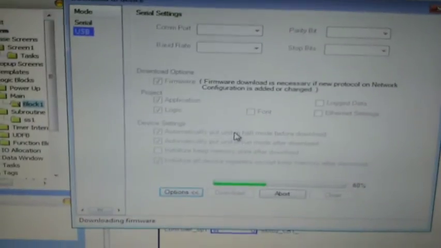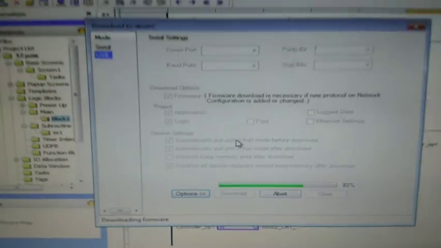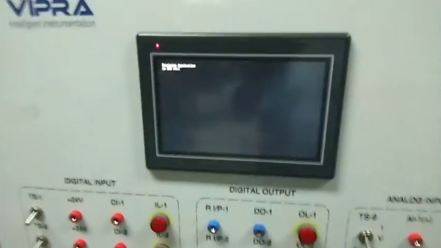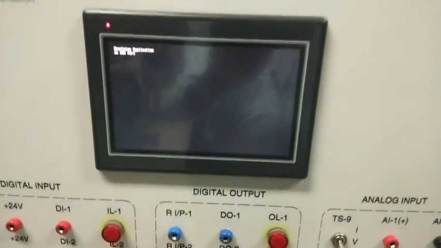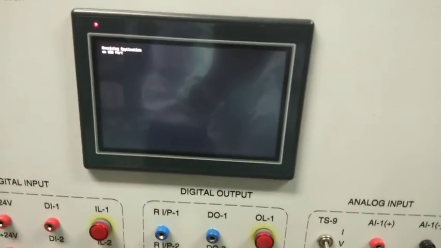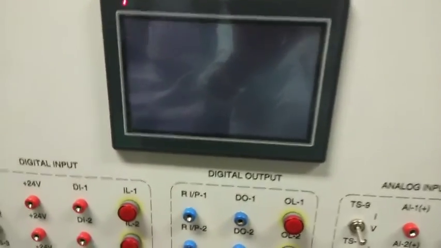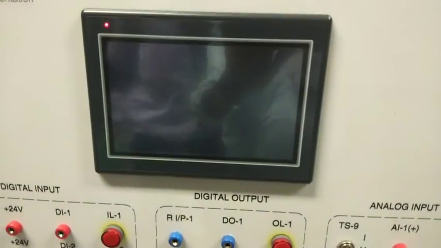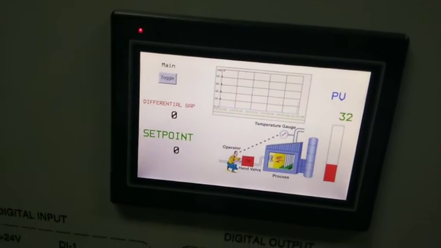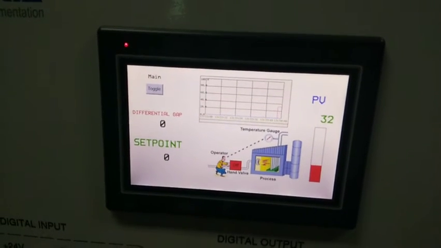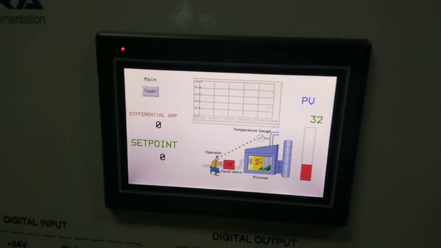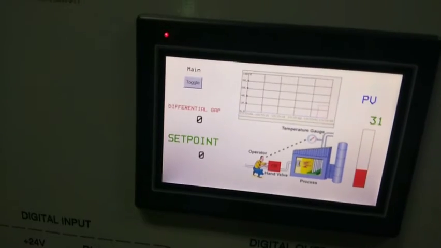Now we can see the HMI screen. It is downloading the PLC program into the controller. The HMI screen has started. What we did in the base screen is available in the HMI screen.